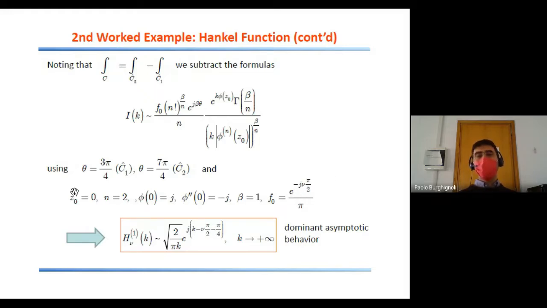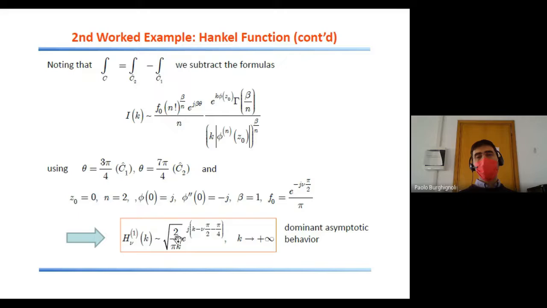Okay, so once you have all those numbers, you insert them in the formula, and you discover that the Hankel function of order 1 is given to the dominant asymptotic order by the square root of 2 over pi k times the exponential with the purely imaginary exponent e to j (k minus nu pi over 2 minus pi over 4). Which is important to know because this tells us that